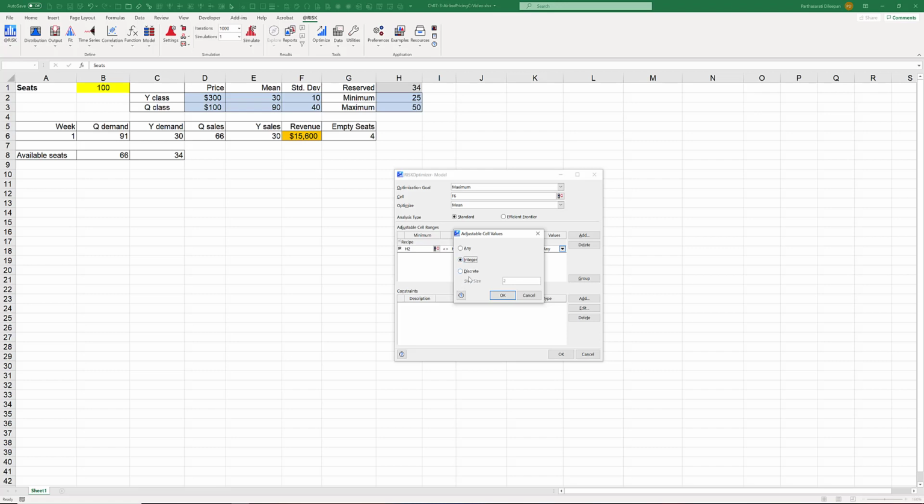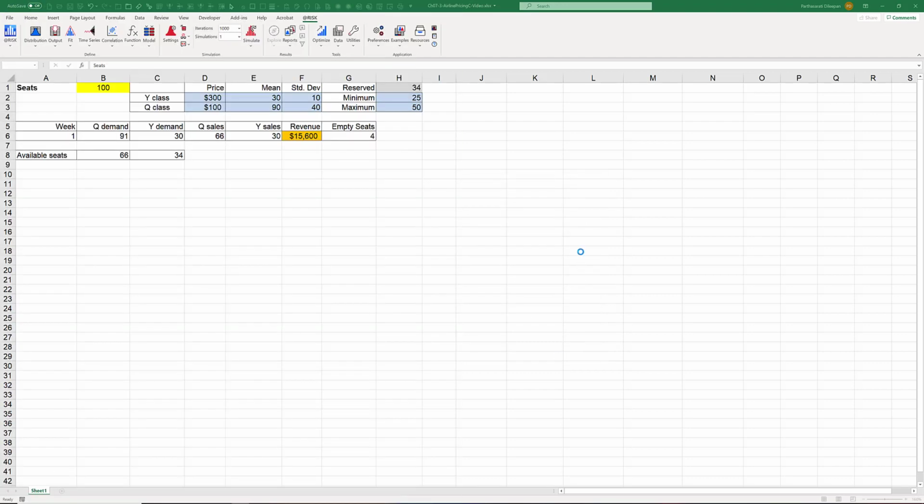This is especially useful when you have a large range of discrete values to consider, and if you have to look at each and every value, then you end up with too many values, and the computational burden will be very high. So for now, let's just say integer, because it's a small problem and we have only few values, like 26 values, so it's okay. All right, so let's change that to integer. Okay, so we've clicked OK, and then we can